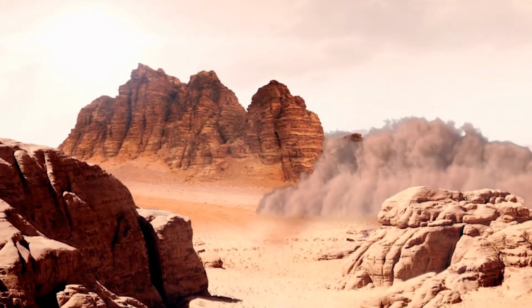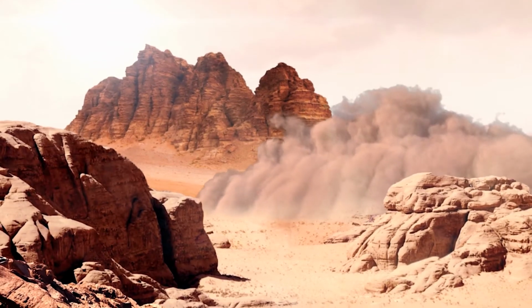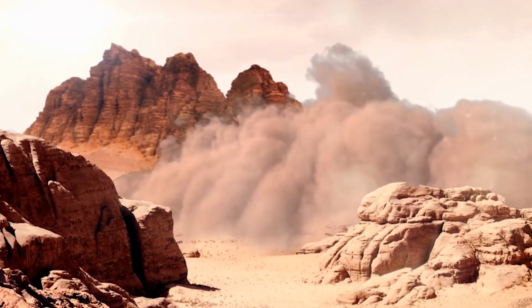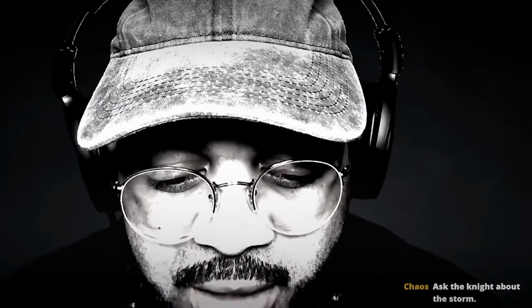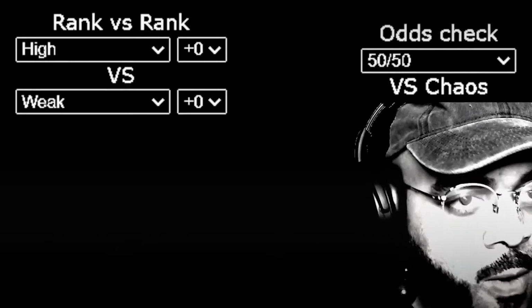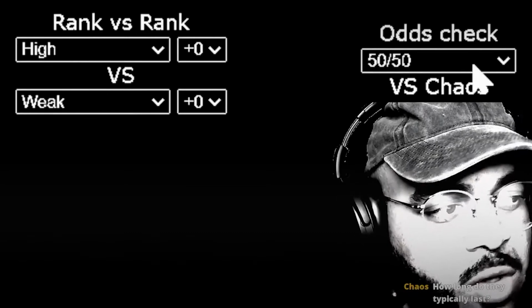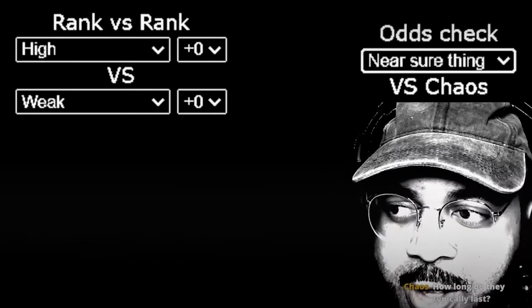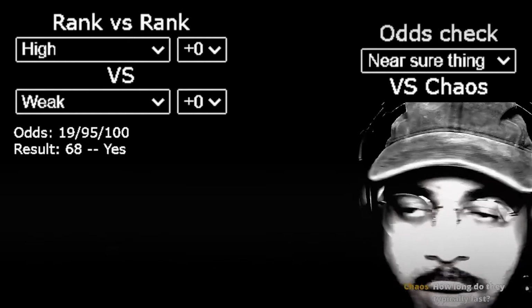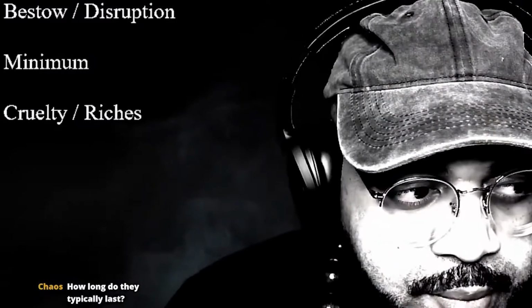The knight begins pouting, arms folded, just as the violent storm swings directly back into the direction of town. It seemed that it was all unavoidable. Ask the knight about the storm. What would you like to know? Does the knight know how long storms typically last? I'm going to say near sure thing. Yes. He says,